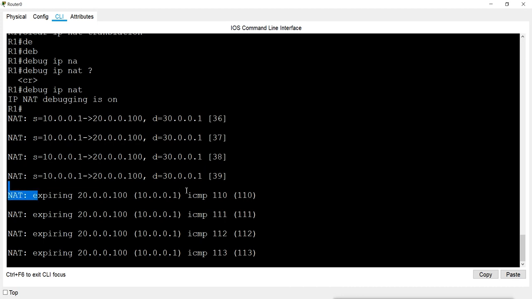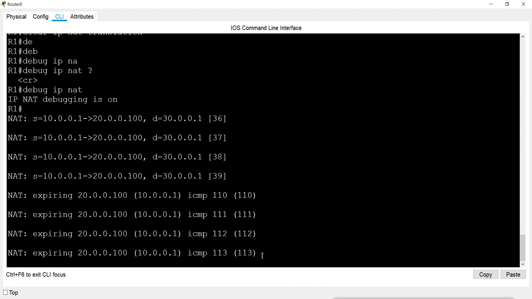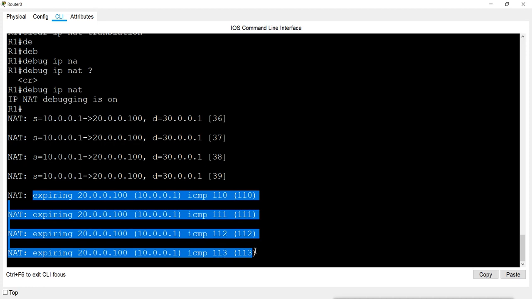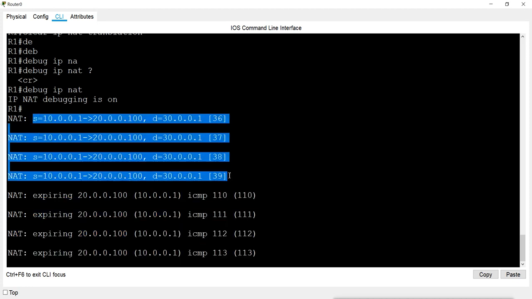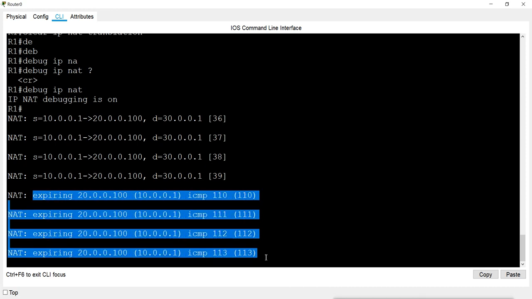Now what it is doing here is expiring this map. That IP was not translated, so it is not showing a translation, but it is showing that it is expiring this map. When we did this ping, it mapped this IP with this IP. Now it is removing that, clearing the IP dynamically.